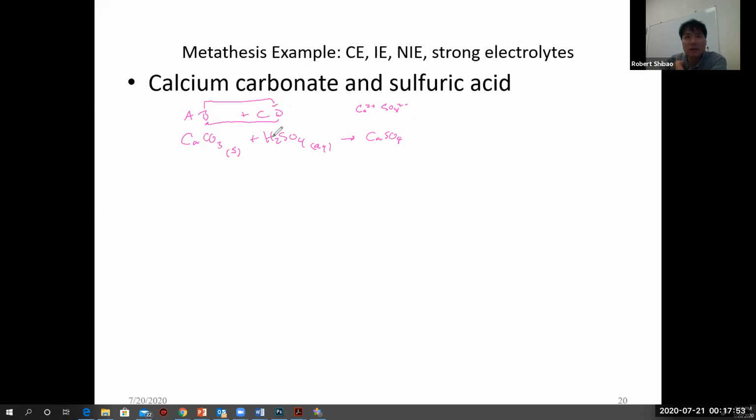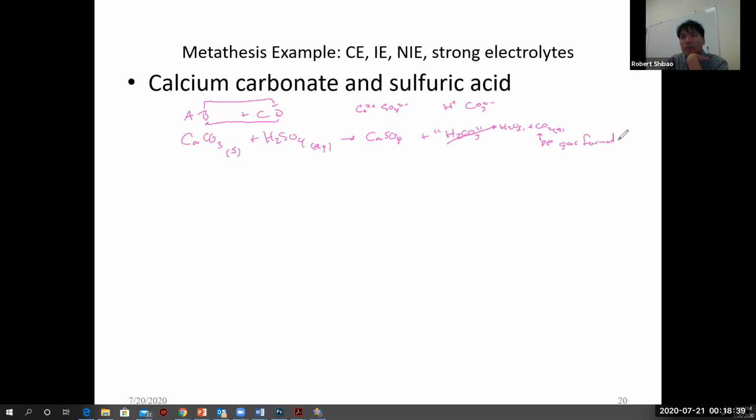And then we have the cation H+, that's C paired with the anion carbonate, CO3 2-. We need two H pluses in order for this to work, so it's going to form H2CO3. One thing we know about H2CO3 is it's unstable. H2CO3 immediately decomposes into H2O liquid plus CO2 gas. Carbonic acid is unstable and decomposes into CO2, so this is going to effervesce. This is what we call a driving force. A driving force is gas formation.